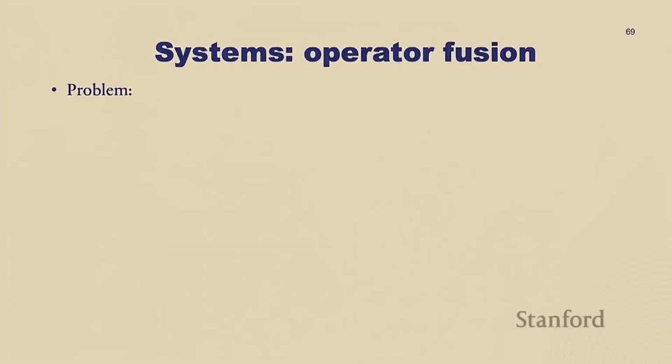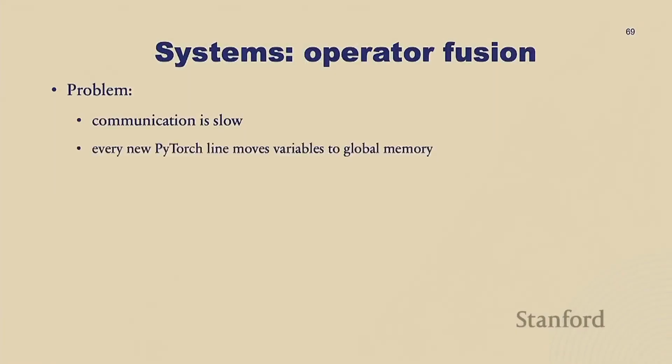Okay, I'll actually talk just about this and then I'll skip all the rest: operator fusion, because I think this is actually pretty cool. As I just said, communication is very slow. And actually, every time you use a PyTorch line, it basically moves variables to the global memory of your GPU. So when you have something like this,